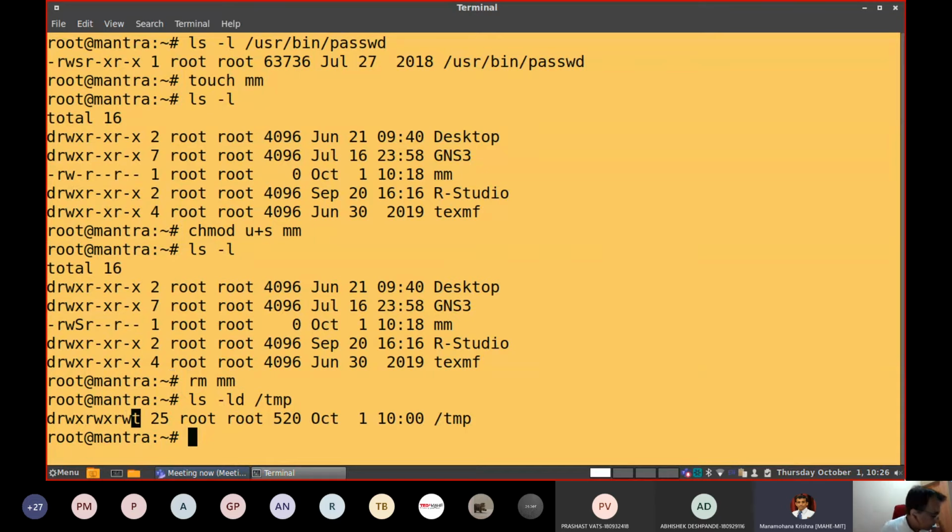Now the next point is about how to set a sticky bit equal to 1. Let me create one file once again.